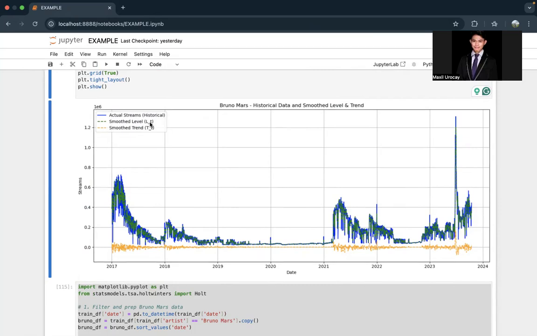That's why, as you can see right there, the level and your data set are related to each other. So that is basically good.